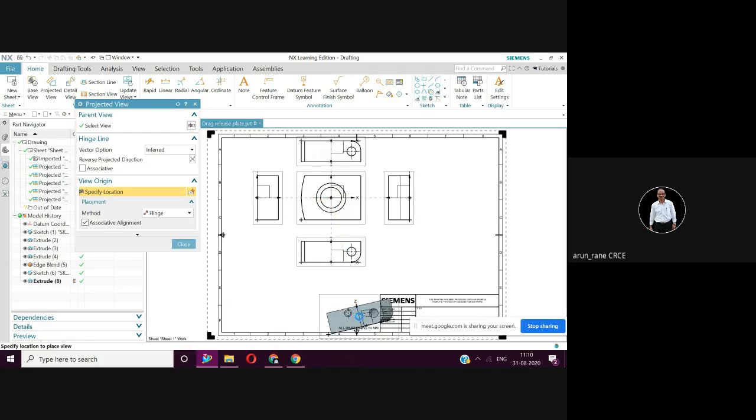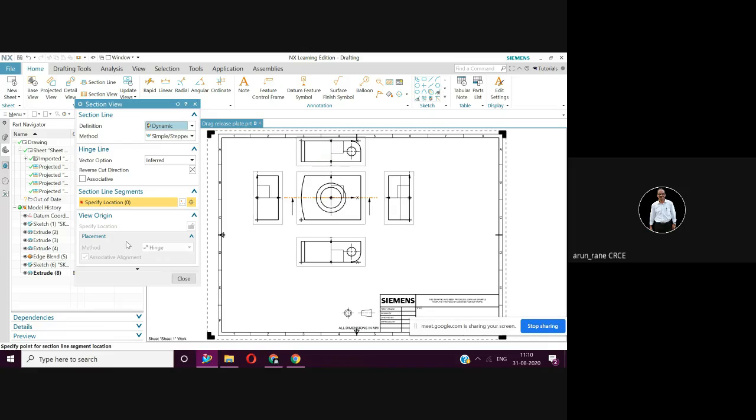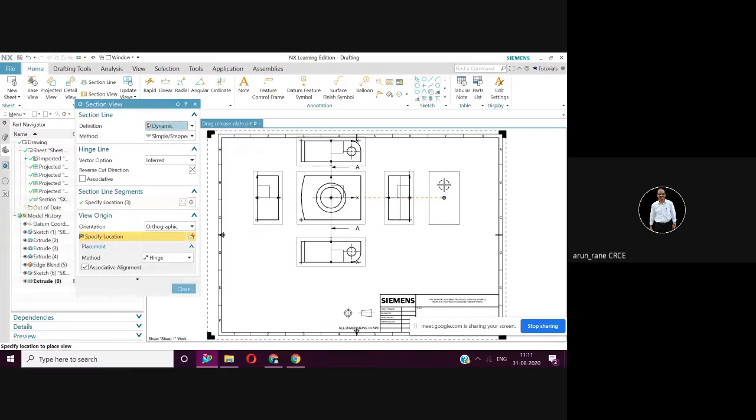Come out of this. Once you have this, you can have a section view also. So go to section view. Then this location, click here, press it here.